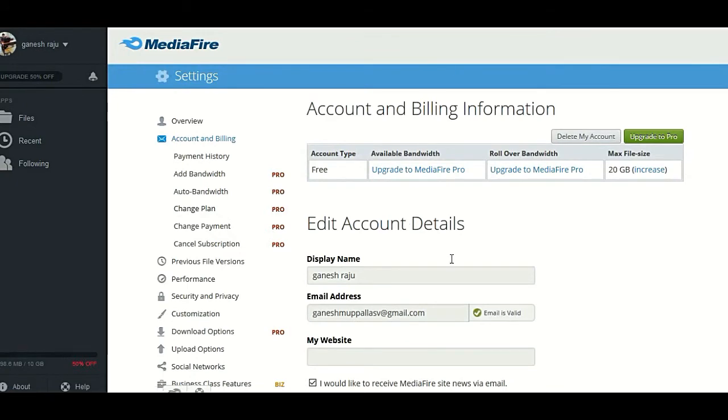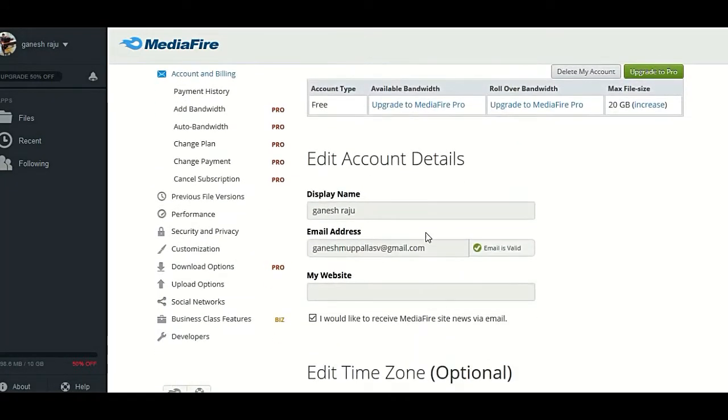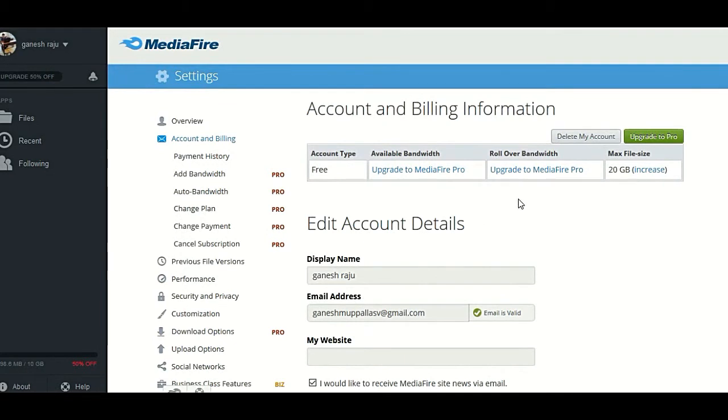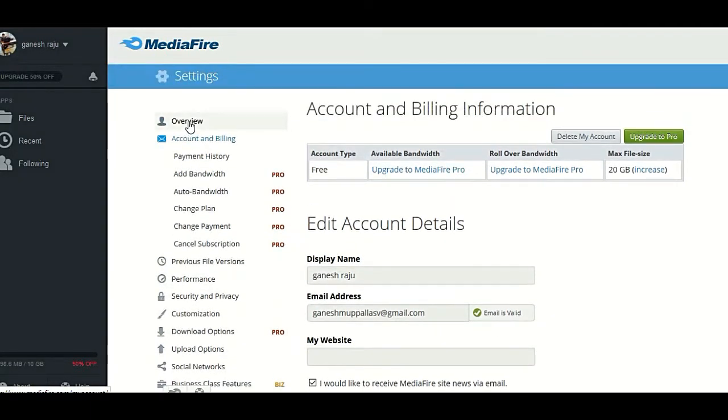Here you find all things about my personal information, so name and email address, and you can also include your website. When you upgrade to Pro, you can increase the maximum file size to 20 GB. Add bandwidth and auto bandwidth are all for the Pro users. And when you click on overview,